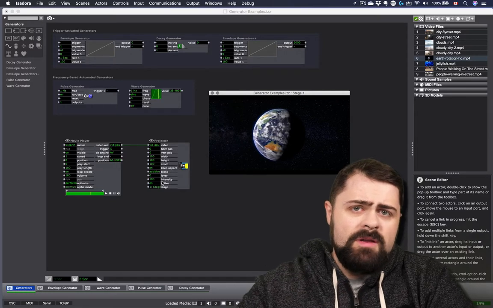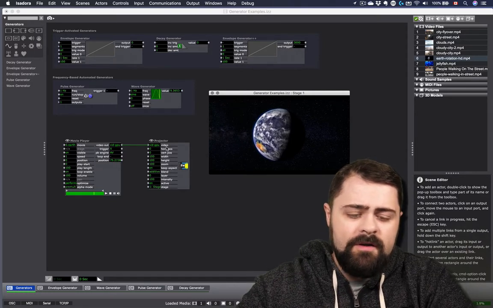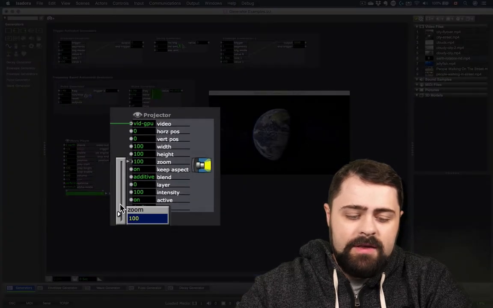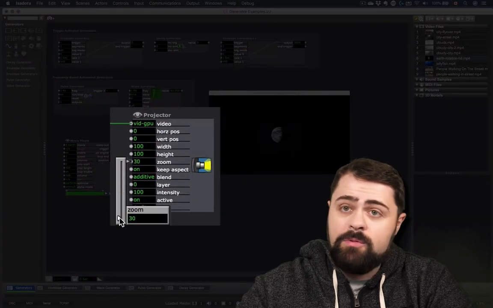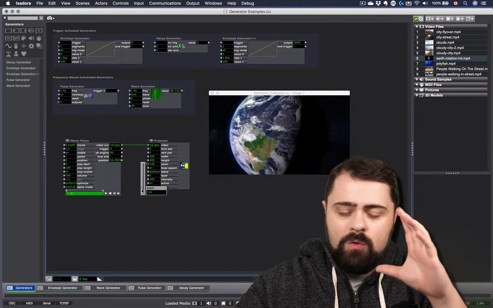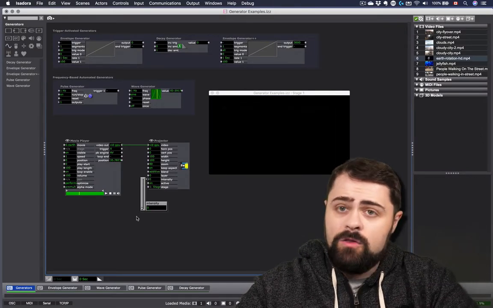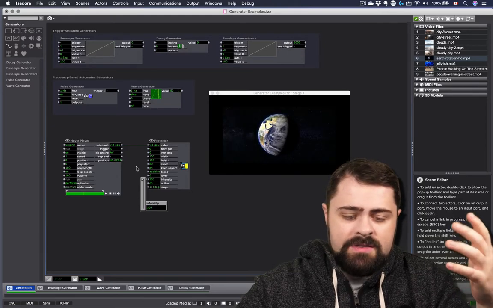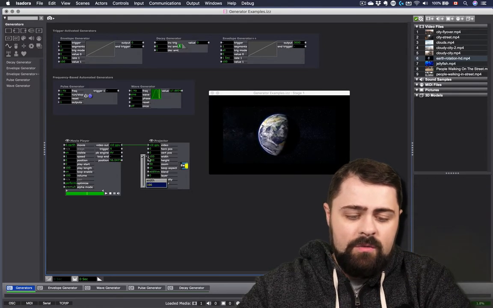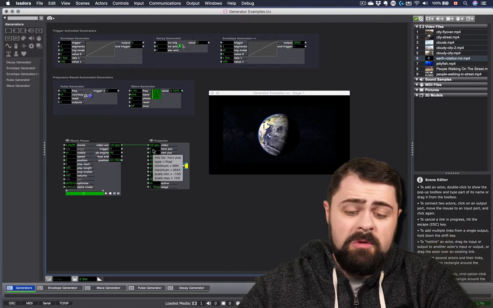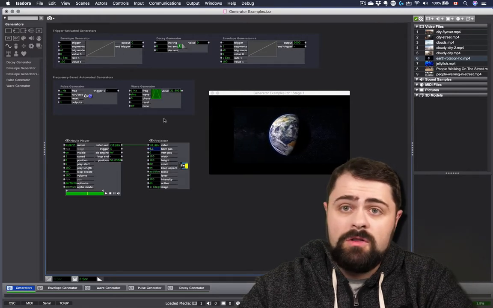Now, we've experimented a little bit already with the various actor properties on the projector actor. Things like adjusting the zoom value of the projector actor to get a bigger or smaller image. But we can also change things like the intensity, looking at how bright that image is. And we can even change the width and the height of this actor as well. We can also decide where exactly on the stage it's going to be placed by adjusting the horizontal and vertical position.